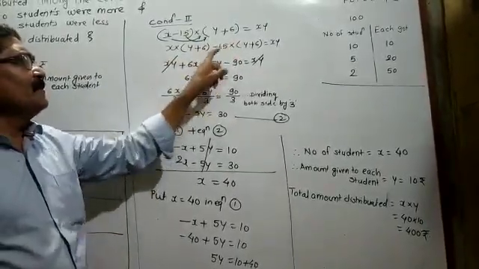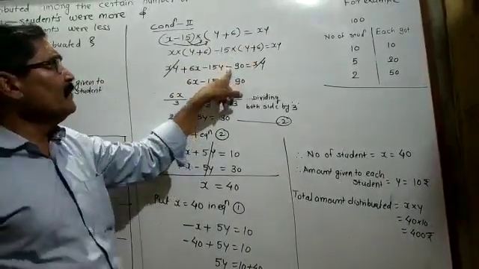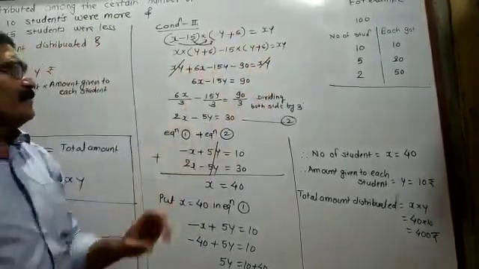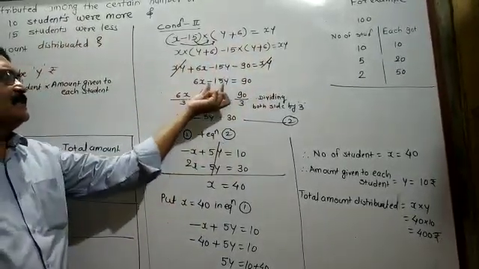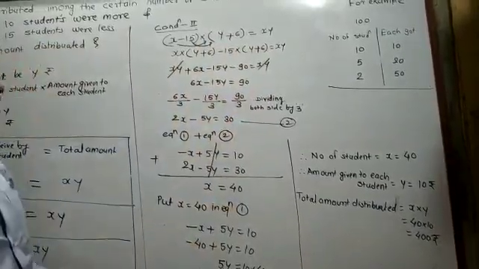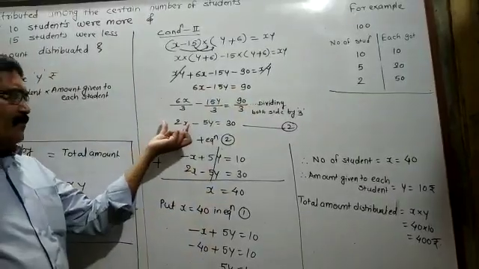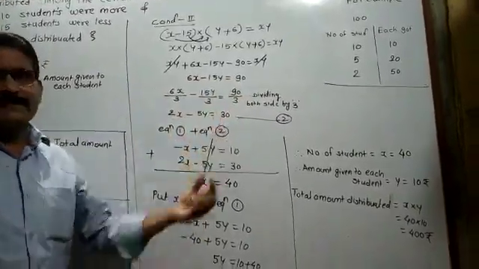15 multiplied by y is equal to 15y. Minus multiplied by plus is equal to minus. 15 multiplied by 6 is equal to 90, minus xy. Both xy you have to cancel. The new equation will be 6x minus 15y is equal to 90. Divide both sides by 3 because all the terms are divisible by 3. At that time the new equation will be 2x minus 5y is equal to 30.